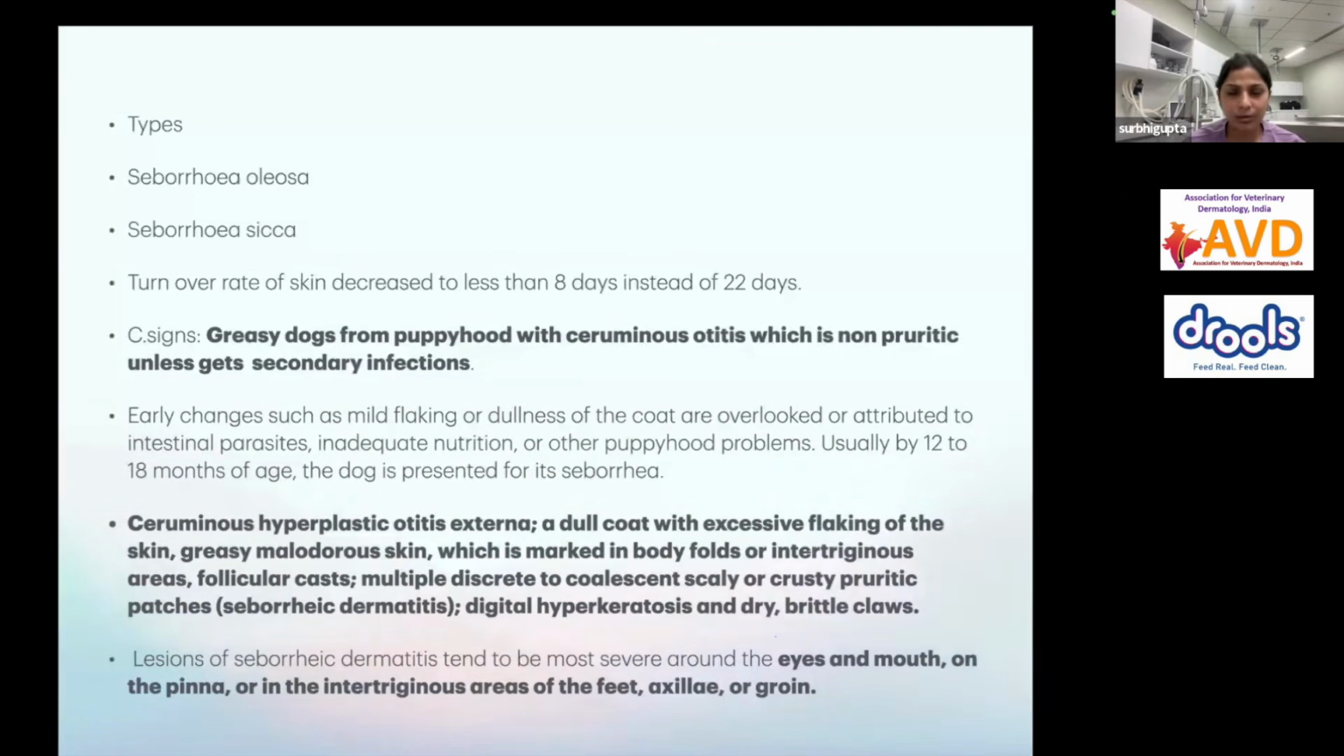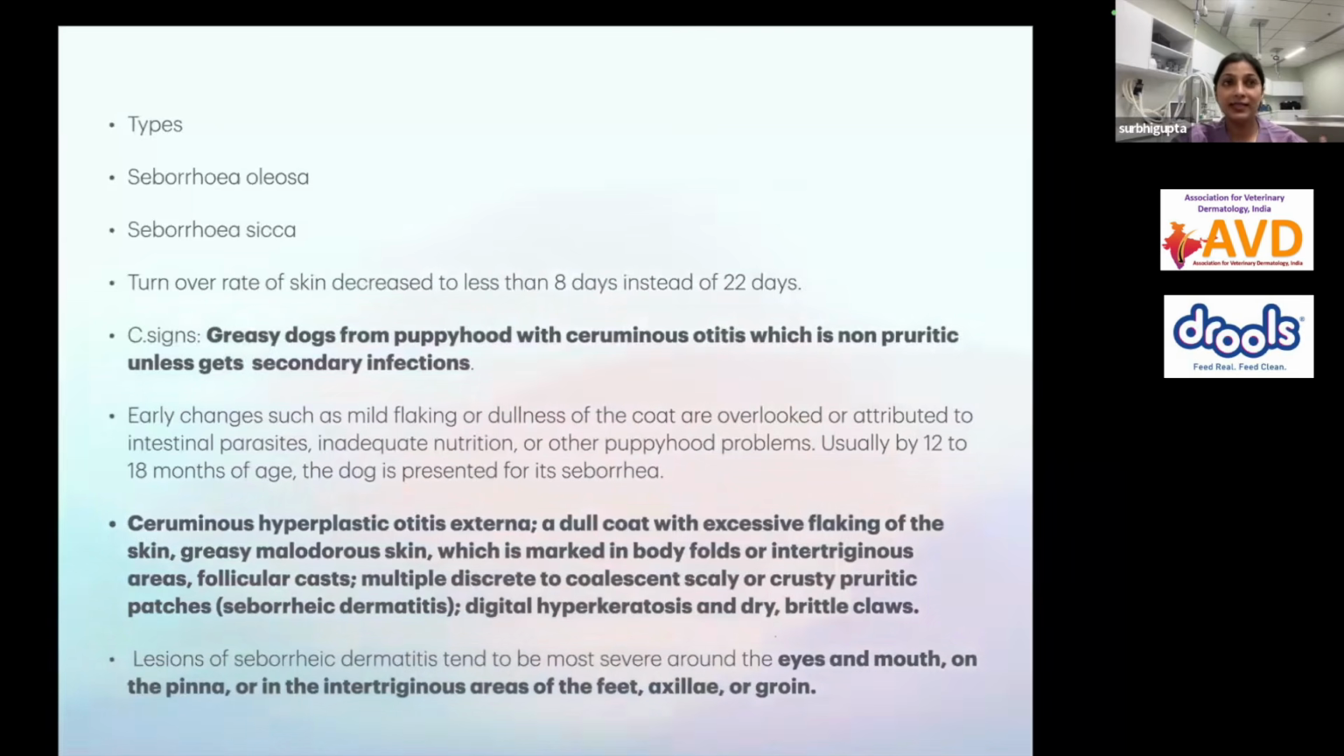I already told you that the turnover rate of the skin increases in these cases. Whenever such cases are presented to you, since the time they were born, their hair coat is very rough. It's not like a normal puppy hair coat, and initially people ignore it and think something else is going on, that the dog is a runt or has not got proper nutrition. But as the age increases,